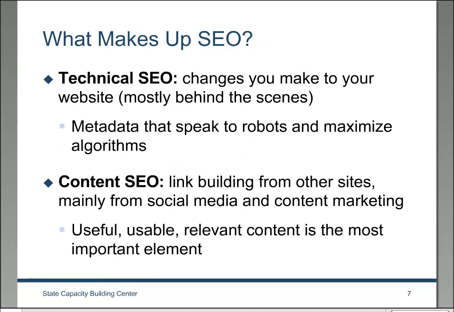There are really two components that make up search engine optimization. When you're looking to optimize your site for SEO, you can think of it in two branching paths. One is what we call technical SEO, and these are changes that you make to your website that may not actually be visually apparent to most people who look at the website. These are really metadata, which we're going to cover in a moment, what those are and what that means. But these are basically changes you're making to the code of your website behind the scenes, to the metadata that tell the different robots and algorithms crawling your website.